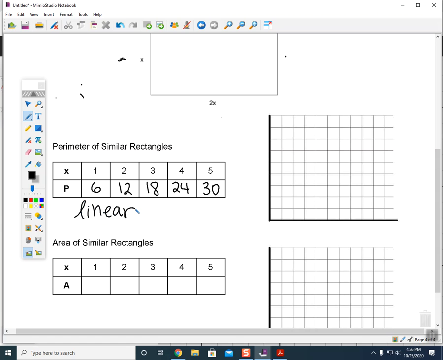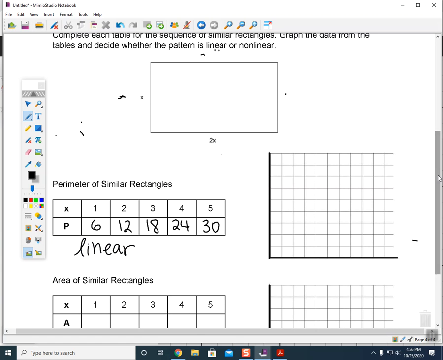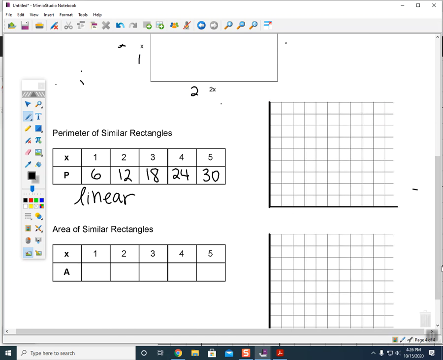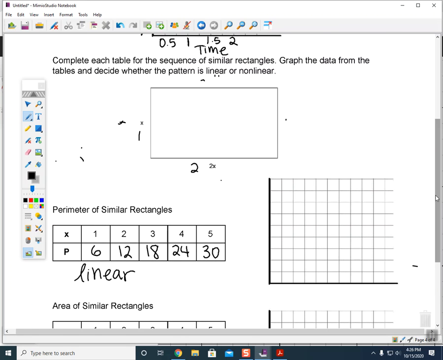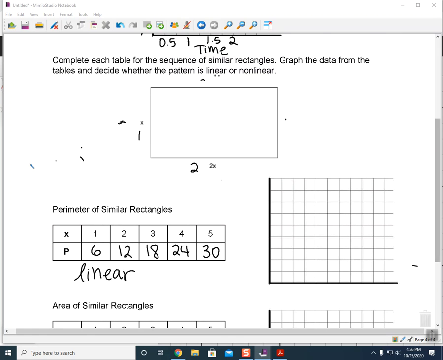Now let's look at area. Area is length times width, right? So when x is 1, my area is going to be 1 here. 1 times 2 is 2. 1 times 2 is 2. So if my x is 1, my area is 2. If x is 2, I have,